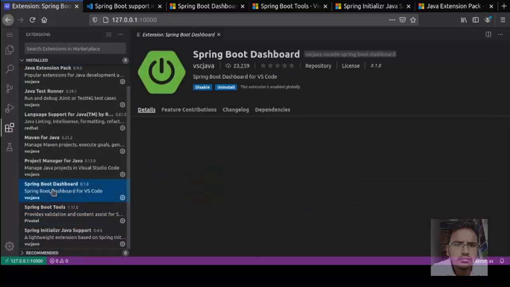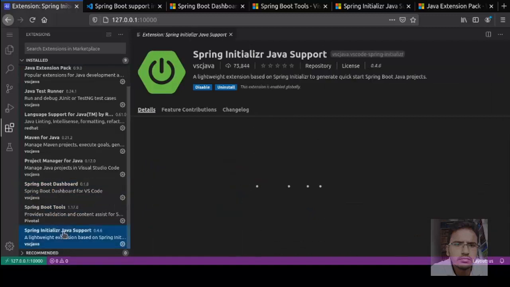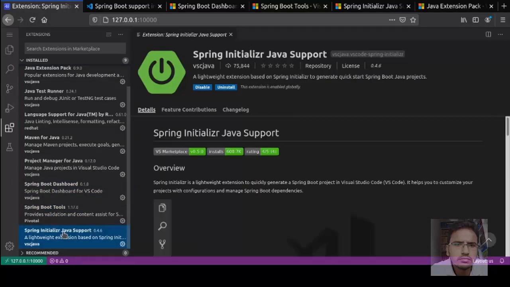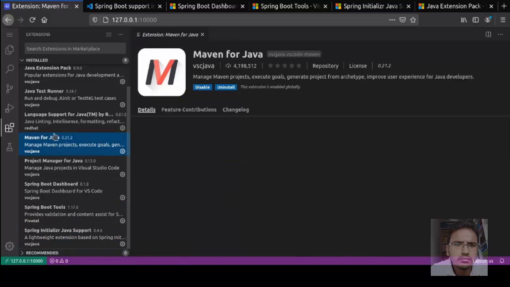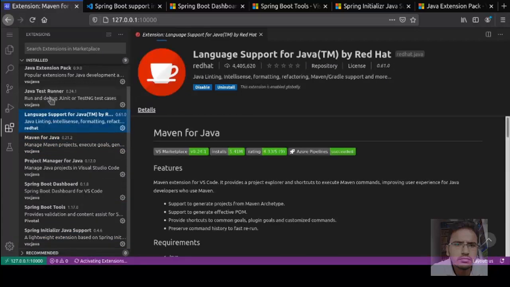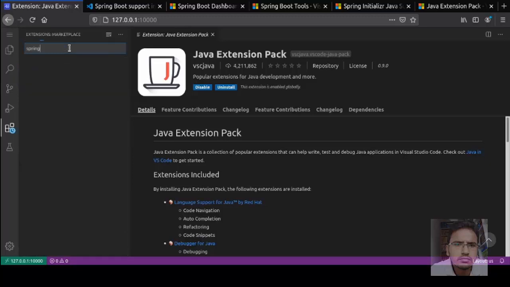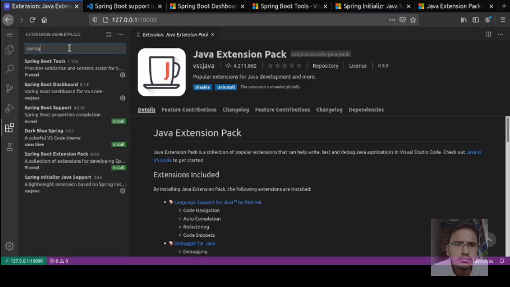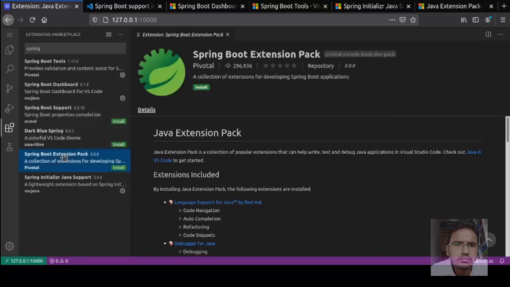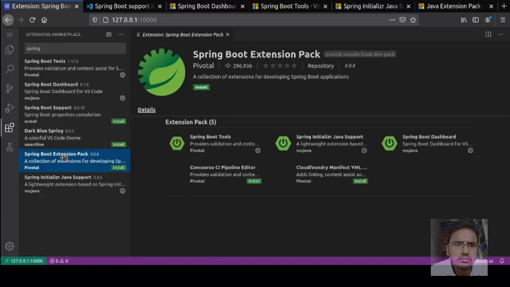Spring Boot Tools installed, Spring Boot Dashboard installed, Initializr is installed, Maven for Java is installed, support for Java language is installed, and the extension pack contains all those Java extensions. We can also install Spring Initializr, Spring Boot Dashboard, Spring Boot Tools with the help of Spring Boot extension pack.